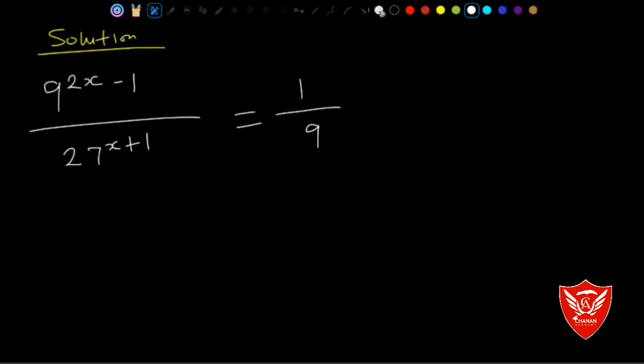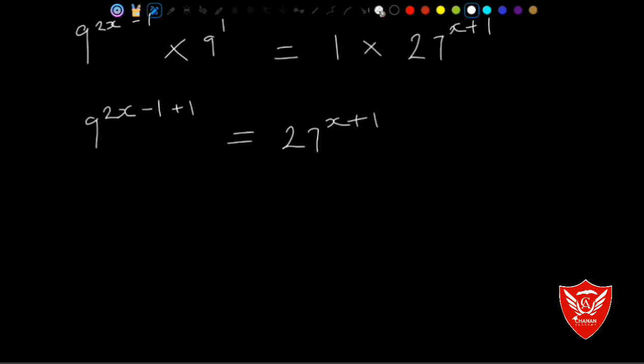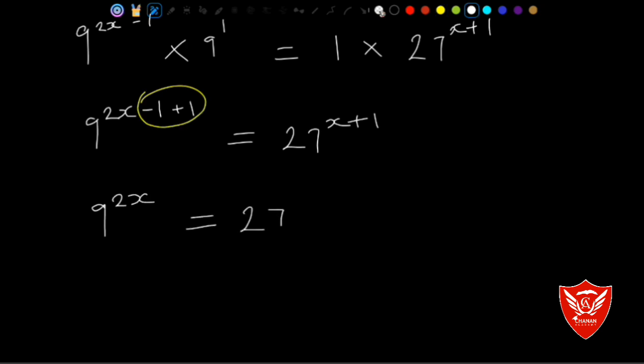So what we need to do now, cross multiply. So when we cross multiply, we are going to have 9 raised to the power of 2x minus 1 multiplied by 9 raised to the power of 1 equal to 1 multiplied by 27 raised to the power of x plus 1. Since both bases are the same at the left hand, we add the power. So then we're going to have 9 raised to the power of 2x minus 1 plus 1 equal to 27 raised to the power of x plus 1. Now this is then going to be equal to 9. So this is going to cancel out. So we have just 9 raised to the power of 2x equal to 27 raised to the power of x